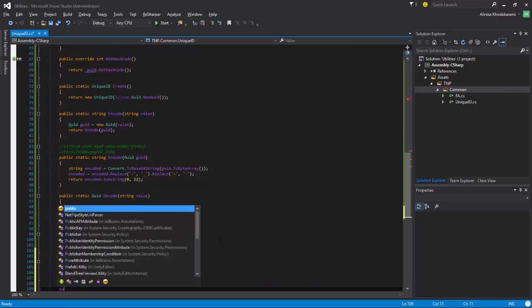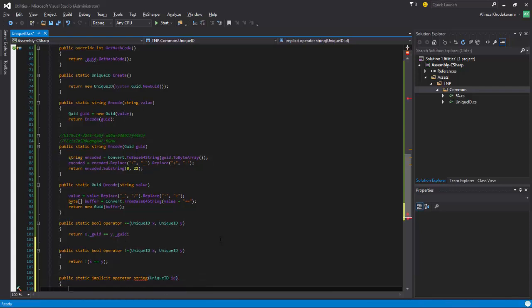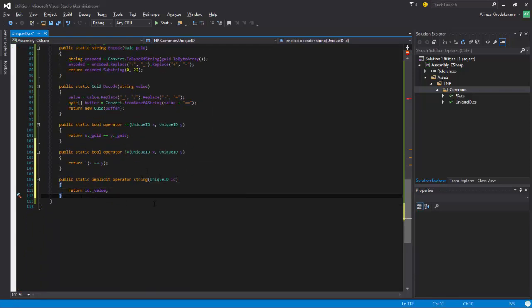Then we want those implicit conversions. So public static implicit operator, and it implicitly converts the string. So we send in a unique ID, and we call it ID. Then we say return ID dot underline value. So we implicitly convert a unique ID to a string. Okay. Then we want other implicits,